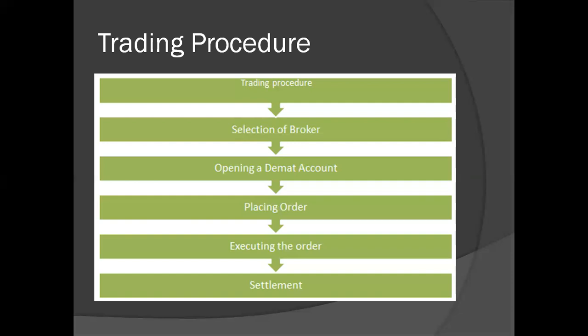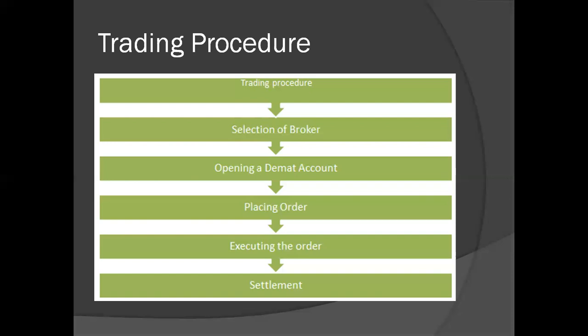So there is one more order called a market order. Limit order you have seen. Now it is the market order. As a buyer, your market order should specify the quantity that you want to buy at the best available lowest price. When you are buying, it will be the available lowest price. As a seller, your market order specifies the quantity that you want to sell at the best available highest price.